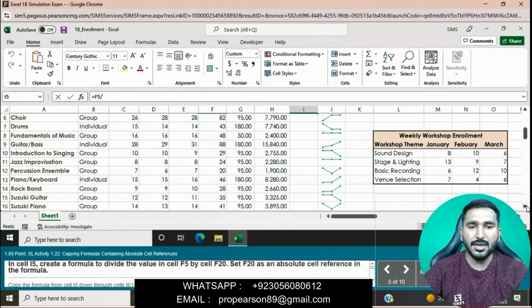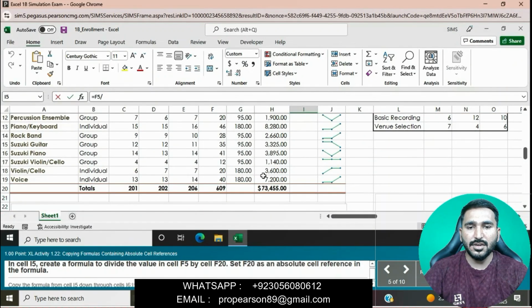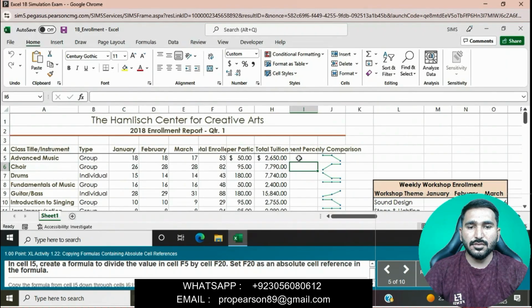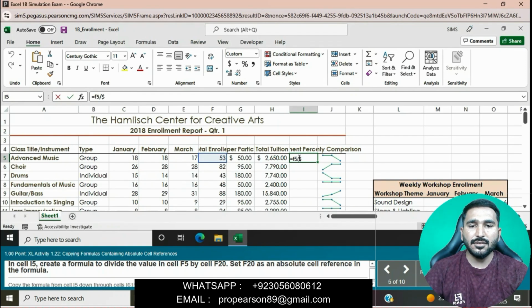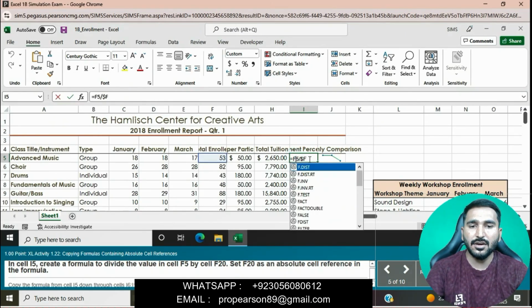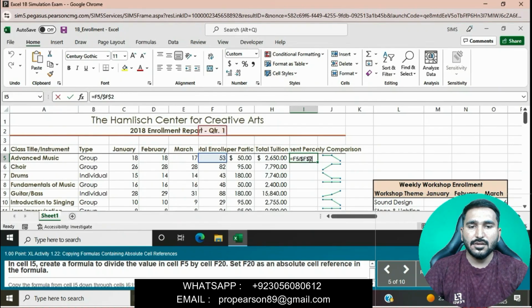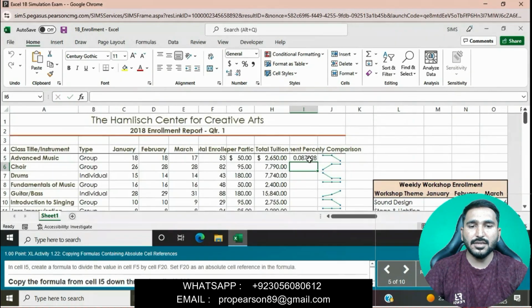For the absolute cell reference, we will enter a dollar sign by pressing Shift and 4, so F20 becomes $F$20. Then press Enter.